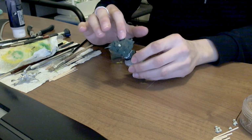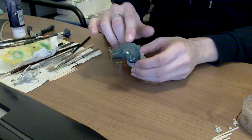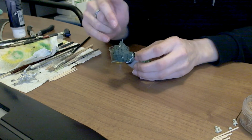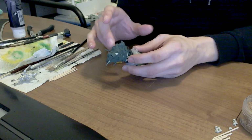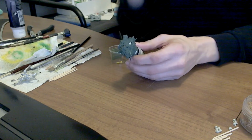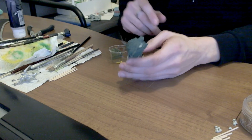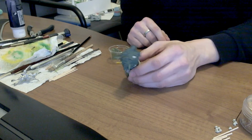So it's really nice and rough, durable, and once you start dry brushing it, you don't have to worry about flicking off any of the cork or damaging it whatsoever. So it's nice and strong. The thing that we need to do before painting it is adding the final decoration, and in this case